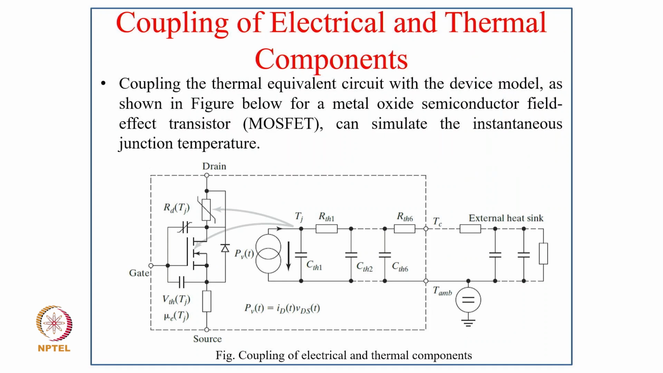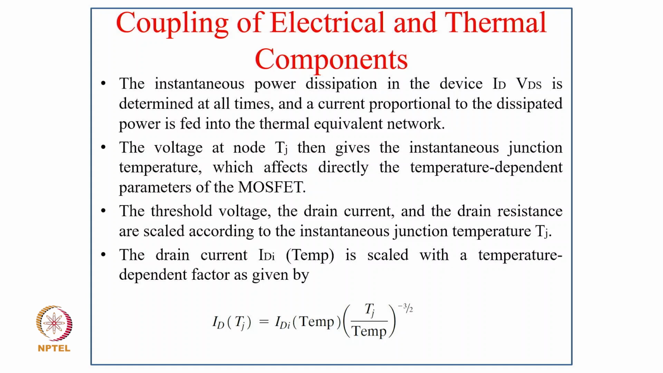Coupling of electrical and thermal components. Coupling of the thermal equivalent circuit with the device model, as shown in the figure below for a metal oxide semiconductor field effect transistor, can simulate the instantaneous junction temperature. As you can see, typically the device and the complete thermal equivalent of the different parts finally go to the external heat sink. The instantaneous power dissipation in the device, ID times VDS, is determined at all times, and the current proportional to the dissipated power is fed into the thermal equivalent network, and the voltage at node Tj then gives